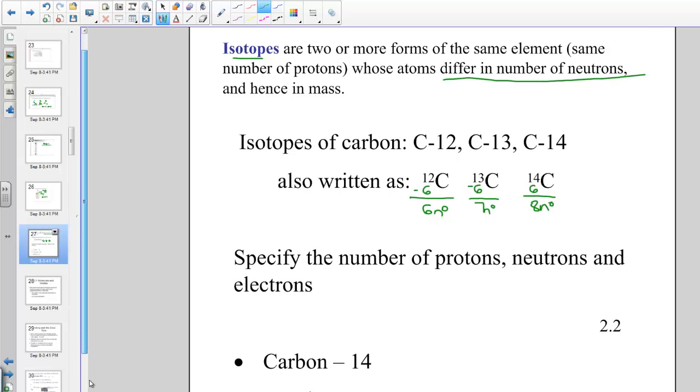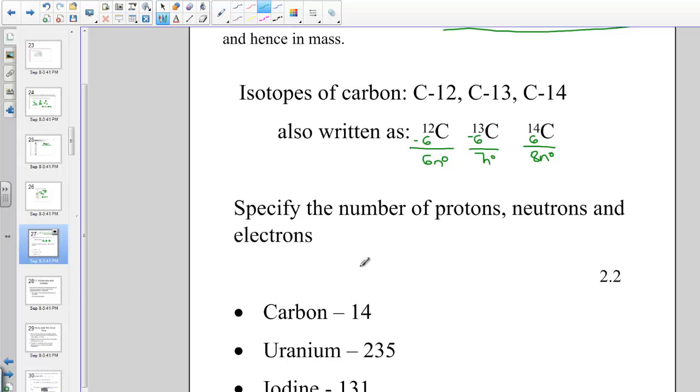And so when I look at carbon 14, we said it has 8 neutrons, but it had 6 positive protons, and it had 6 electrons. The atomic number told me about 6 protons, 6 electrons, and I subtracted to find the number of neutrons. What about in